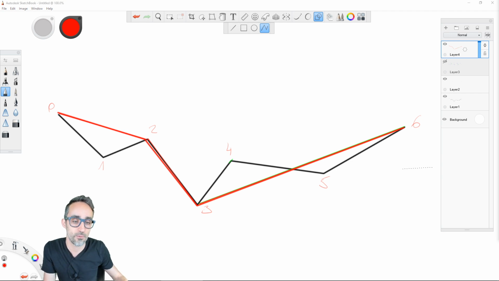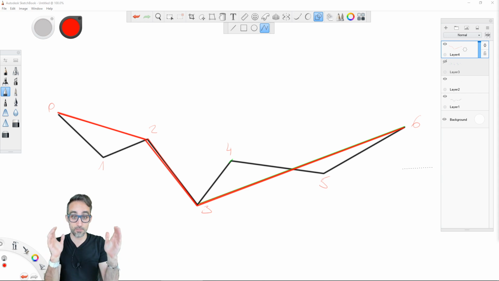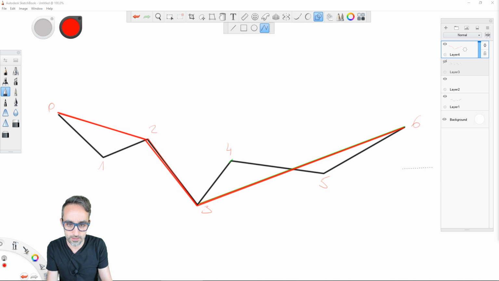So after what I wrote here, I already know for this segment of polyline which is the point that is farthest away and how far away it is. So I'm going to write a very simple conditional, and I'm going to say if the maximum distance of this point is greater than epsilon, then here I would have to do recursion: divide the polyline and then analyze the two segments independently.